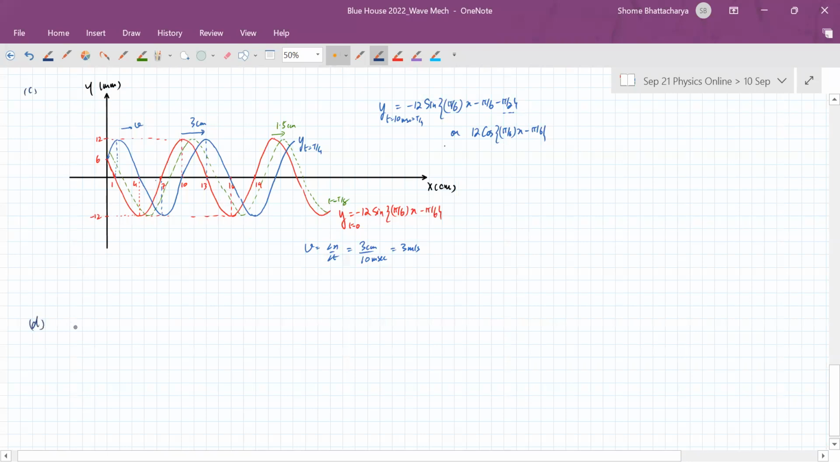Similarly, if you now see at t equal to 20 milliseconds, which is in fact half the time period, you will see that your y becomes like